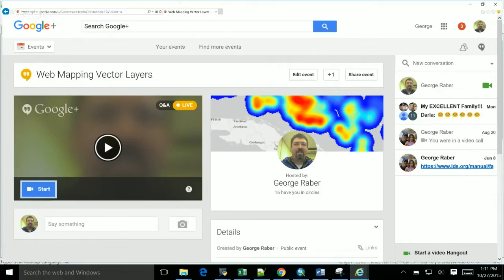ESRI has open sourced it, so anybody can write a program that will allow their program to ingest and display shapefiles. There are other formats out there. Lots of them have been created by ESRI, like the GeoDatabase,